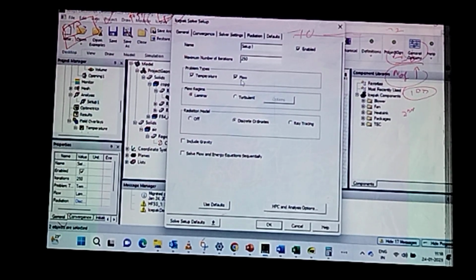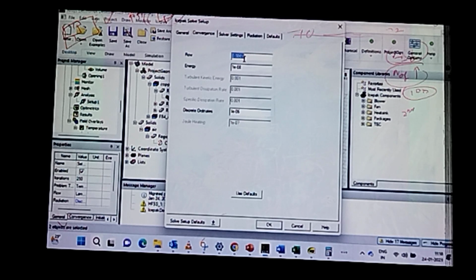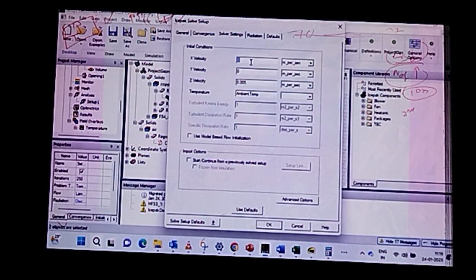Temperature and flow I am going to analyze here. Then again it's about the convergence, the flow, how much it should be, and then what should be the energy. All these things we will be giving here. Then in each and every direction, what is the velocity, the initial velocity, how much it should be, like along z